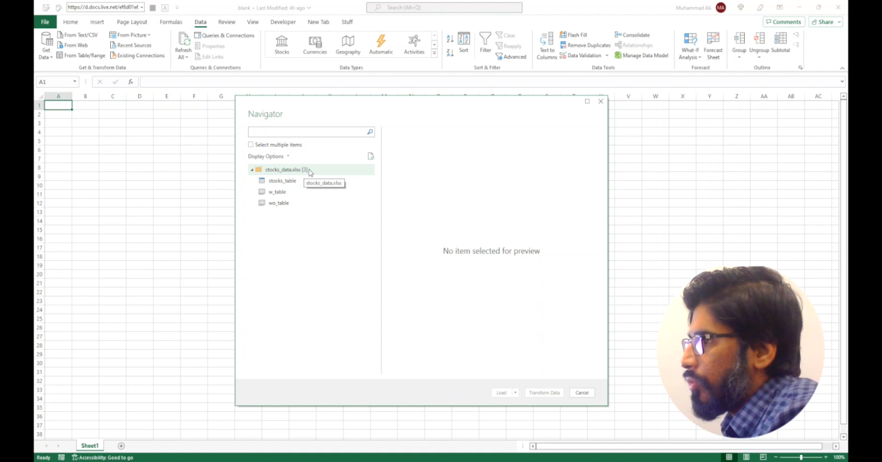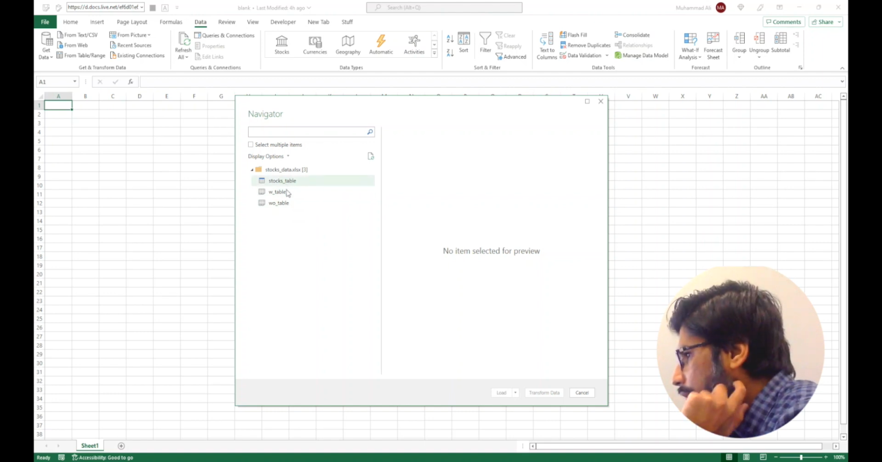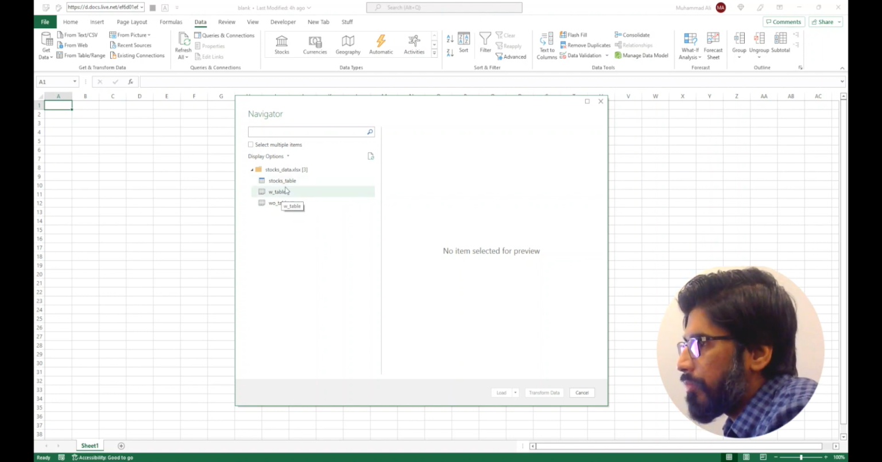So two of these items are worksheets or tabs, and the third item is a table. It's evident by its name, and secondly you can tell it by the blue line going on the top of the table. This shows that this is a table. So this thing, w_table and stocks_table, this is on the same tab. So let's click on this